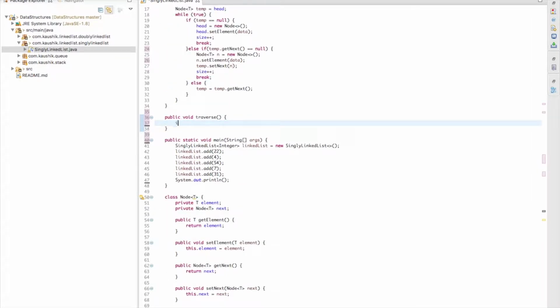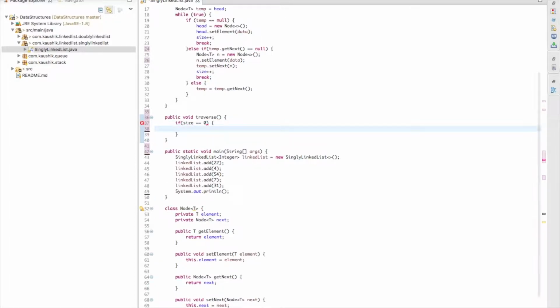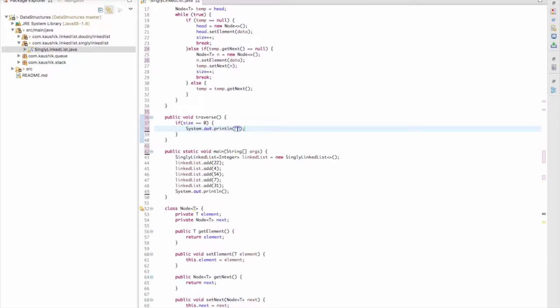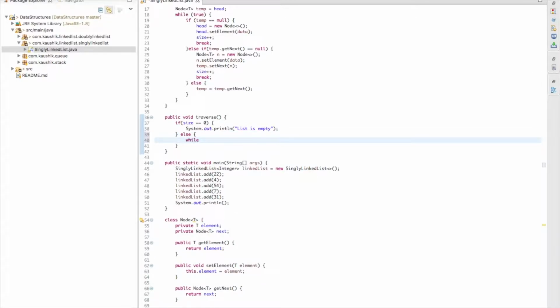So before traversing, we are doing a size check. If size is equal to 0, the size of this list, then actually we will be printing a message: list is empty. Else, while true,